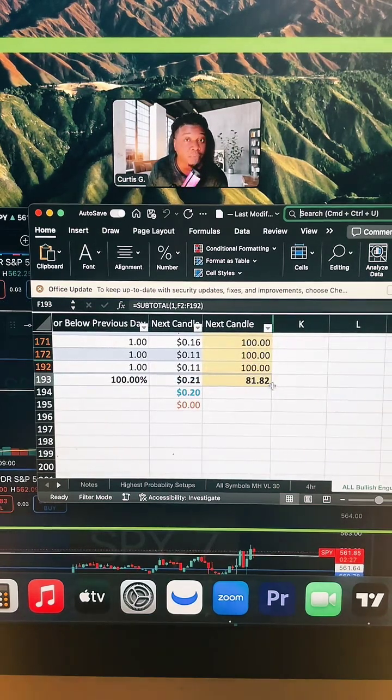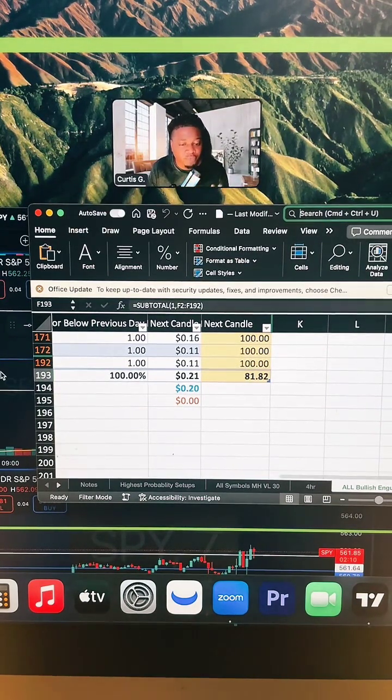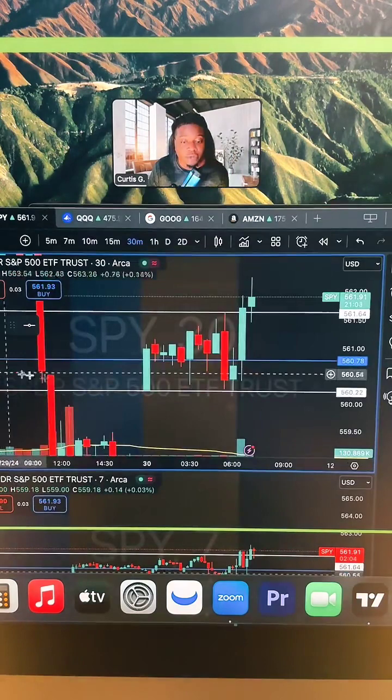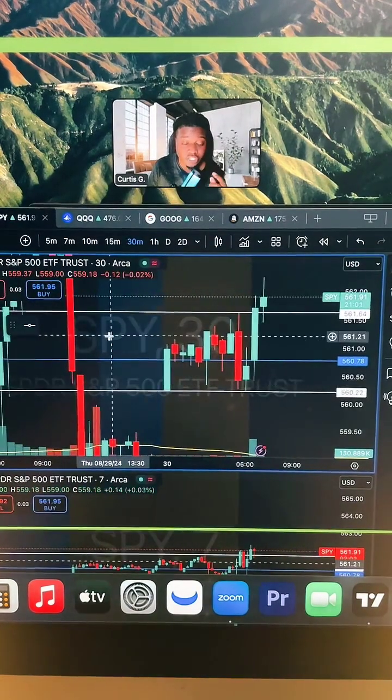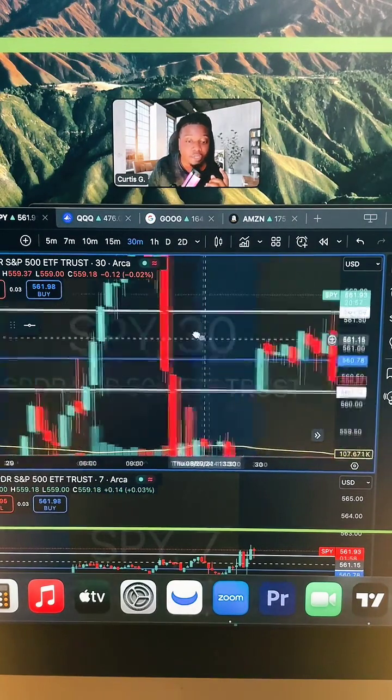When the right parameters are present, there is an 80% success rate of this bullish engulfing strategy. So I want to break it down for you because we've got some questions in the chat. I'm very proud, I'm very happy, and I'm just super stoked to share it with y'all. And the reason why I'm super proud of it is because it wasn't something that was directly taught to me. It was something that I kind of realized and learned on my own. And we actually saw this yesterday. So the first thing that we're looking for is a bullish engulfing.